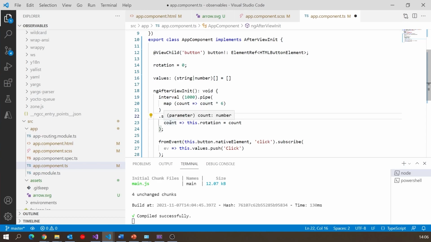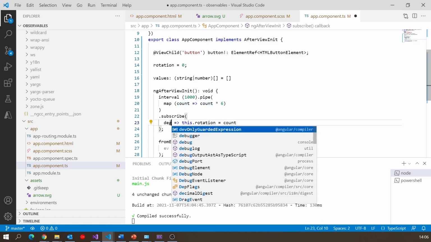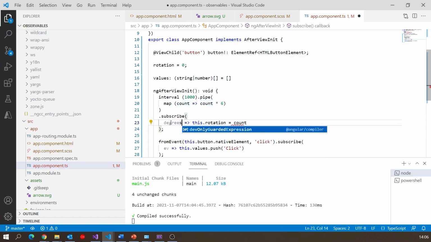Okay, so what comes into this map is the count value, what goes out is the count multiplied by 6. And in fact, to make it a bit clearer, let's change the variable name, because this is now, I guess we should say degrees. It's the number of degrees that we want it to move by. It doesn't make any difference to the code, but I always find when you're doing these things, naming those variables as they go through each stage of this process can make it a lot clearer when you or someone else is reading the code. So now if we save that, we can now see that it's ticking at the right amount per second. So that should get us round to the 3 o'clock position in 15 seconds.